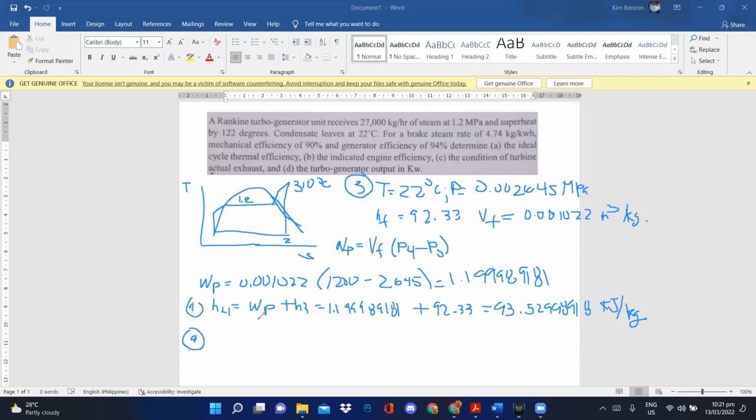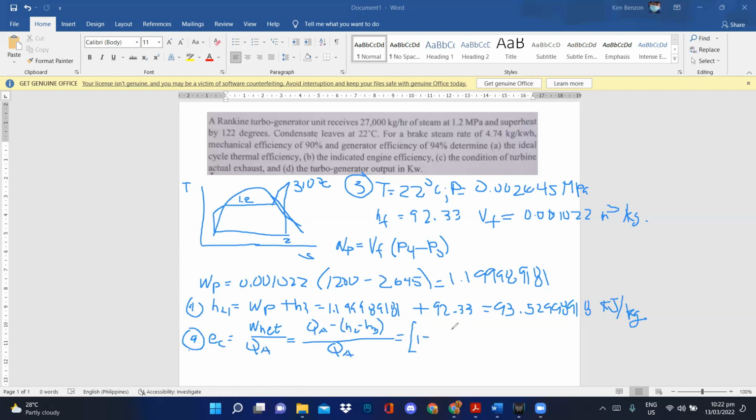Now, for your letter A na hinahanap, determine the ideal cycle thermal efficiency. When we say ideal cycle thermal efficiency, we have the thermal efficiency, which is equivalent to W net all over your QA, which is equivalent, your W net is equal to QA minus QR. Ano ba QR? H2 minus H3. Ito yun. You have your QA minus QR, then you have all over QA, which is equal to 1 minus